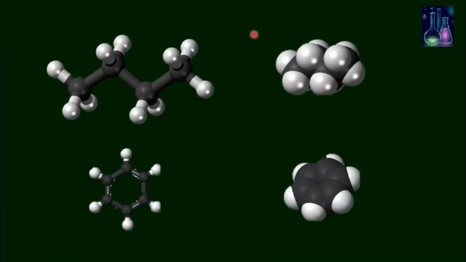What you see over here is called the ball and stick representation, and this is the space filling model for butane. Although this is a very accurate picture which shows all the bonds between the atoms and also the bond angles, it becomes very tedious when you're writing general organic chemistry reactions. This is the molecule benzene and this is the space fill model. Now, instead of using the ball and stick model and the space fill model, we have other ways of writing or representing the molecules. So let's see those examples.